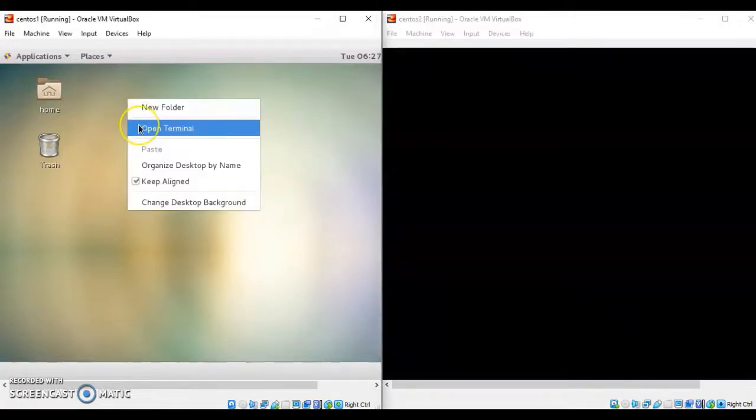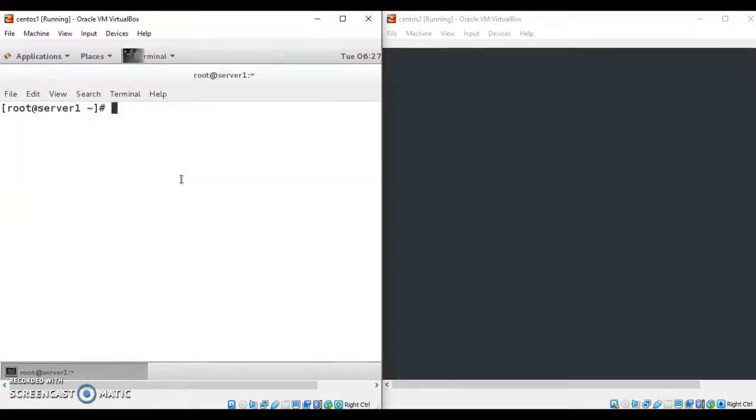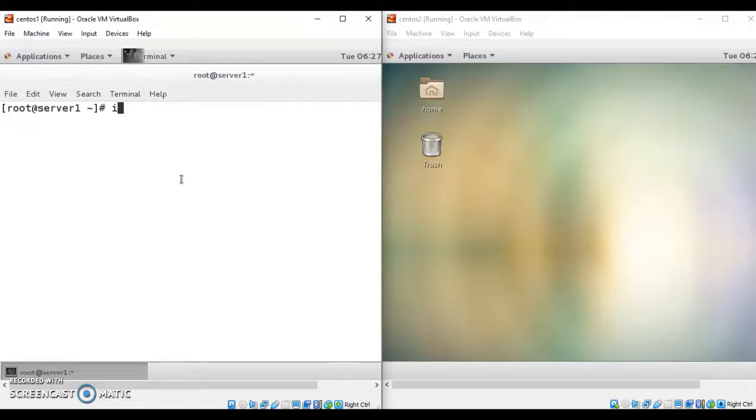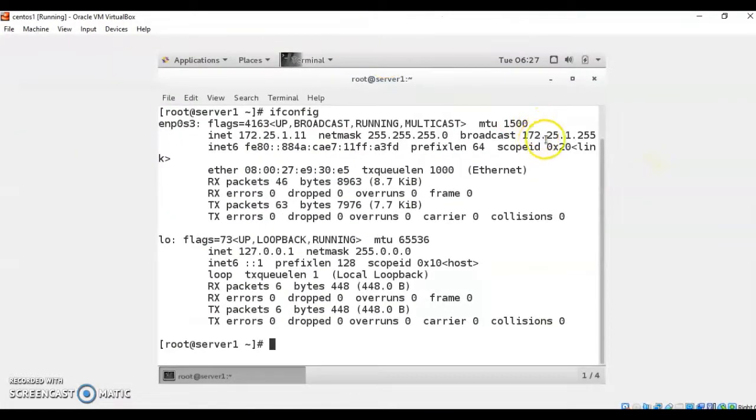So let us open the terminal on the first machine and check the IP address by using the command ifconfig. Here you can find the IP address that we got is 172.25.1.11 with the netmask of 255.255.255.0 and the broadcast address 172.25.1.255.